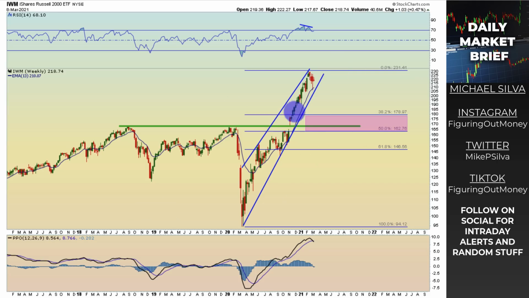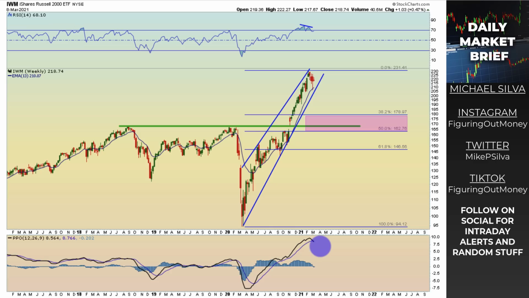I'm going to show the weekly time frame, still in that rising wedge. First technical breakdown of that rising wedge, I think that we'd easily hit that 38.2 to 50% retracement level. That to me would be just an excellent opportunity. Now keep in mind, from the weekly perspective, the percentage price oscillator is going bearish so far. Also on the other indices, when we saw this crossover, we saw continuation. So this could be the early stage of a larger move to the downside, perhaps.